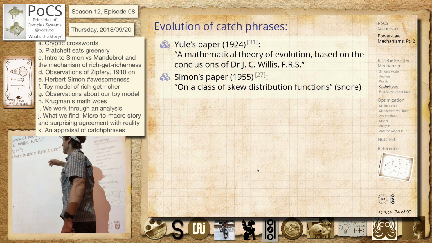De Solla Price is the first one to think about network evolution, and this was a little lost in time until we dug it all up again. Citation network for scientific papers. Cumulative advantage is what, so this is the first time we have something that has a little bit of flavor to it. Papers receive new citations with probability proportional to the existing number, so that was well done. It's a directed network. You have to contend with the fact that new papers have no citations, so how do they get them? You just sort of add one to everyone. And the selection mechanism is much more complicated here. But we'll get to that too.